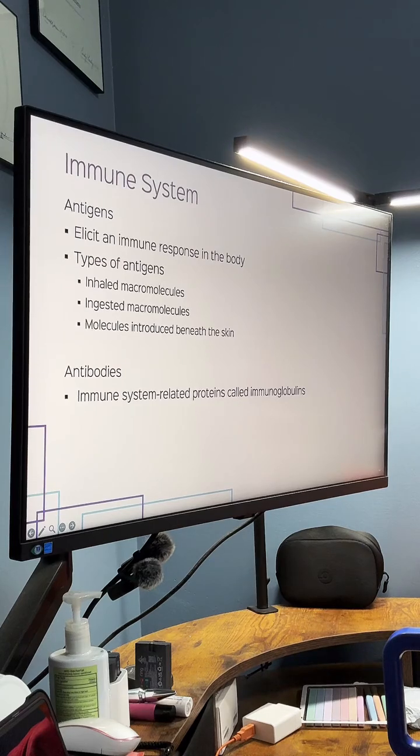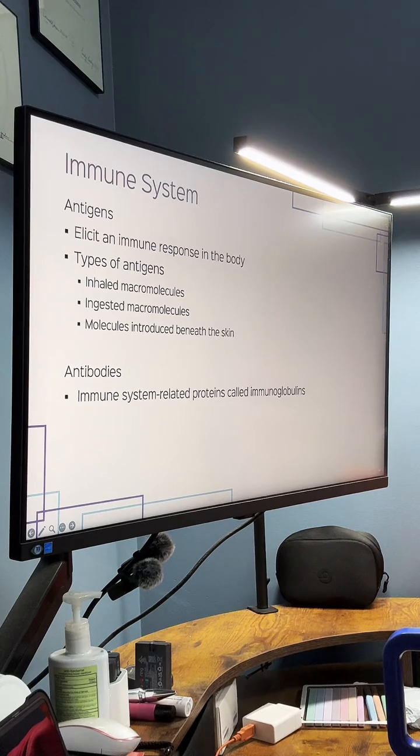Antigens will elicit an immune response in the body. Antigens that enter the body from the environment can include inhaled macromolecules, so for example, proteins on cat hairs that can trigger an asthma attack. Then you have ingested macromolecules, such as shellfish proteins that trigger an allergic response or a peanut allergy. And then lastly, you'll just have molecules, and these are introduced beneath the skin, such as a splinter or in